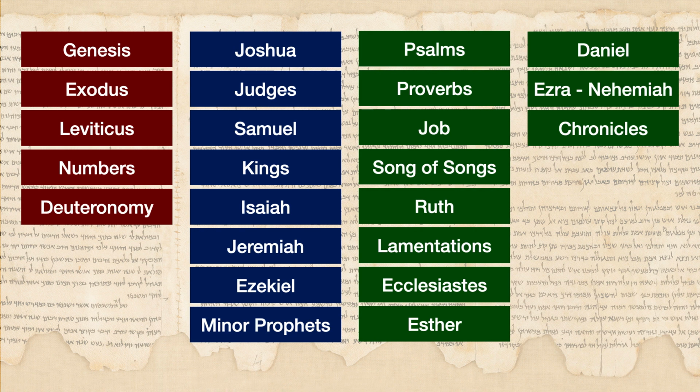So these are the list of the books, the 24 books in the Jewish Bible, which correspond to 39 books in the Christian Old Testament. They are all one and the same, except the order. You can see in the blue section, the bottom one is the minor prophets. There are 12 of them. So you have the Torah, Nevi'im, the prophets, and the Ketuvim, the writings in green. So let's begin with the Torah.